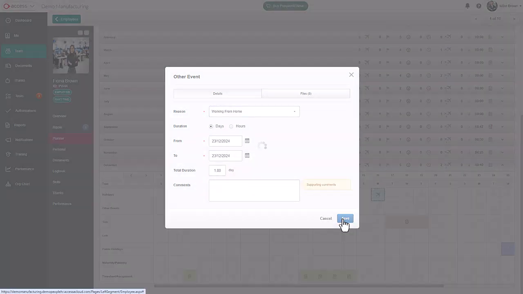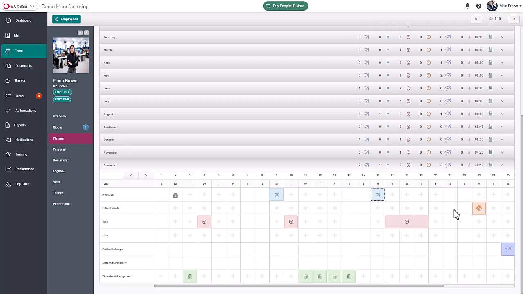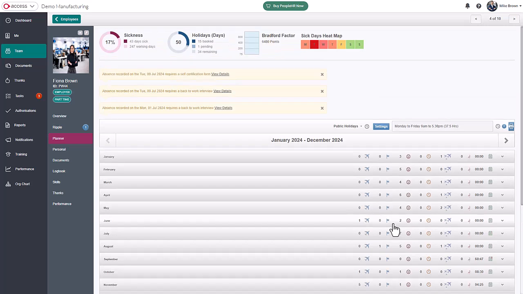Additionally, you can also see that the managers have access to the relevant information to help spot any trends. So this employee seems to have quite a lot of Tuesdays off sick regularly, so the heat map highlights this trend to me. People HR can also automatically calculate the employee's Bradford factor. If you don't use Bradford factor, this can be turned off, and if you have any other triggers for monitoring disruptive absence, we can set up alerts and workflows using the Ripple workflow tool to alert you when employees are